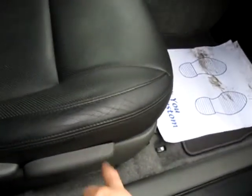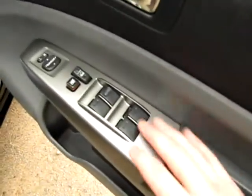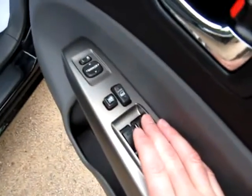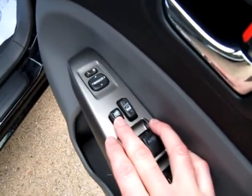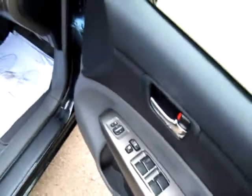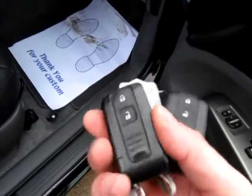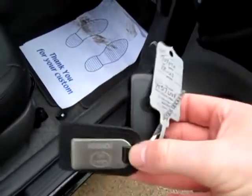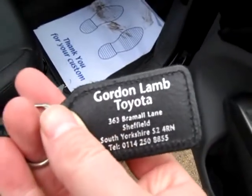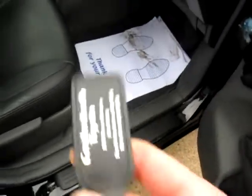Driver's seat is height adjustable. Driver's door card, got leather inserts, 4 electric windows, with the driver's window being a one-shot automatic downwards. Isolate the electric windows, lock all the doors, and electrically operated wing mirrors too. Now 2 keys, both remotes, and this was actually the supplying Toyota dealer, which was Gordon Lamb Toyota Sheffield, and they've also got a record of all the services as well, which I will show you from the service